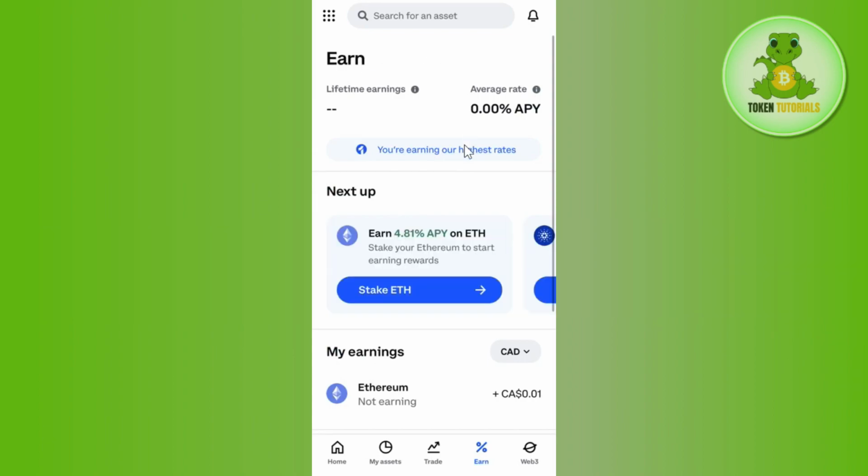For that, you need to launch your Coinbase mobile application, and once you are on the home page, you need to tap on the Earn option. Now in the Earn section, you are going to see a bunch of different banners that you can stake. For example, you can stake Ethereum, Cardano, etc. So you just have to select the Ethereum banner and then you need to tap on the option of Stake